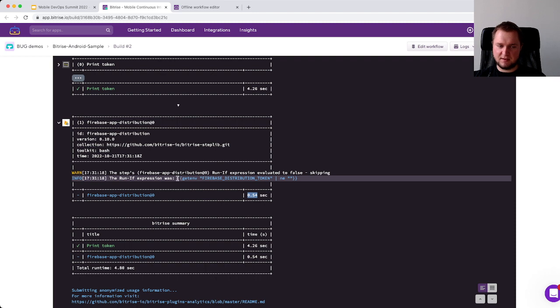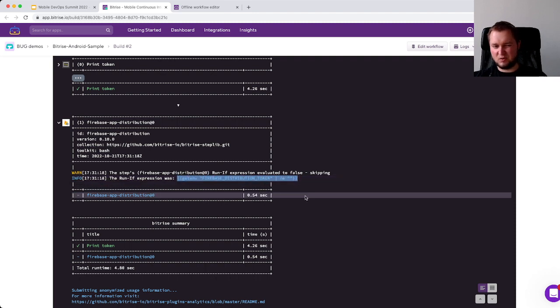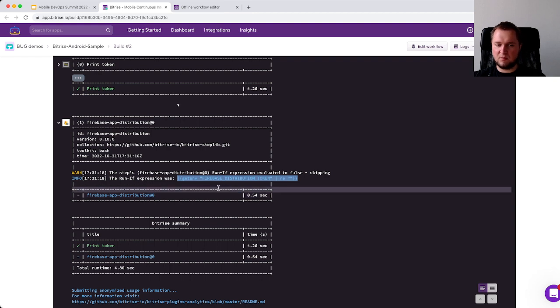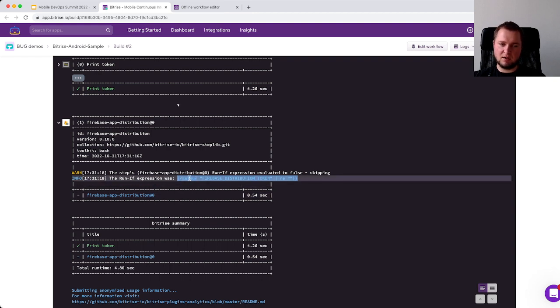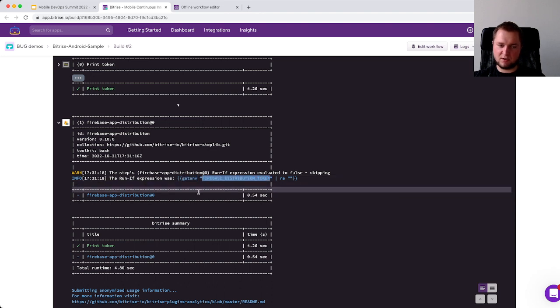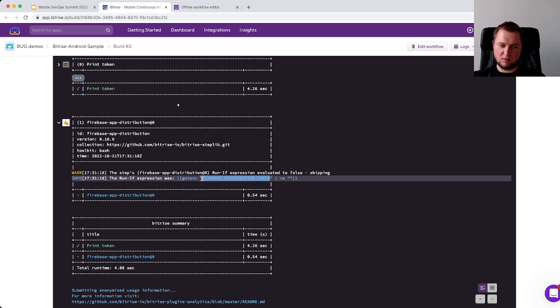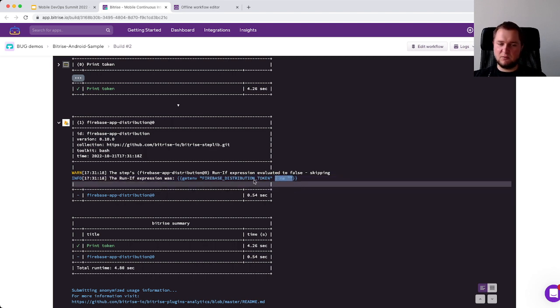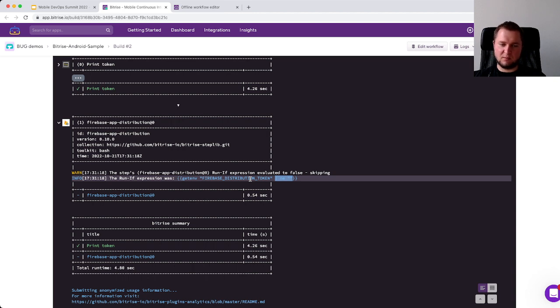In this case, the expression may look a little bit weird for some of you, but it is a Golang template. Basically, we get the value of the environment variable called Firebase distribution token. Keep in mind there is no leading $ sign, just a variable name. And we check if it is not equal to an empty string. If the environment variable is not defined, then it is the same case as if it is empty. So this expression was evaluated to false. There was no Firebase token defined in this workflow,